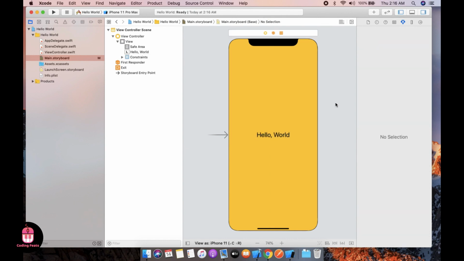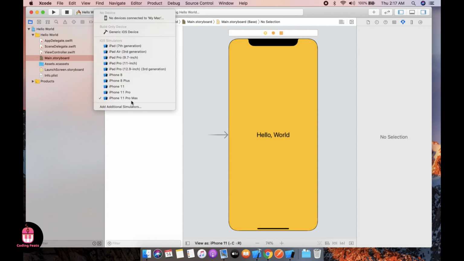Just save it with Command S, Command B for build. Now it's building. And Command R for running. And the simulator opens shortly. Here you can see lots of devices, from iPad to iPhone.